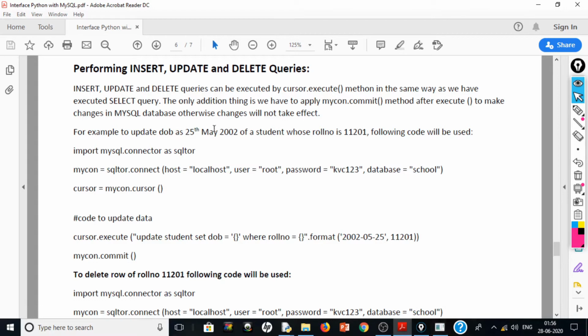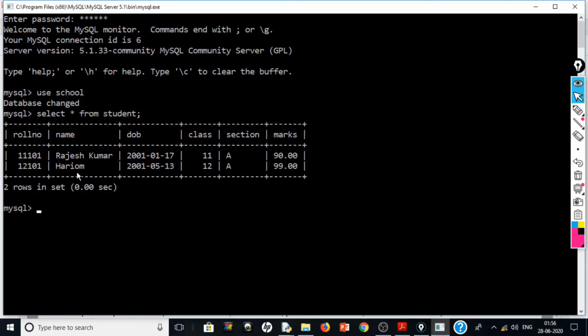We want to change it as 25th May 2002. There is no roll number 11201, so we will change for 11101. Right now it is 17/1/2001.